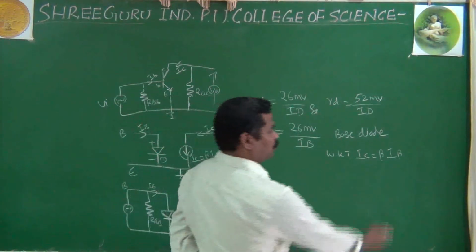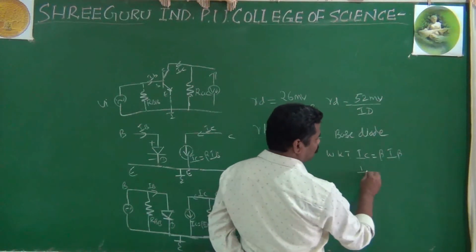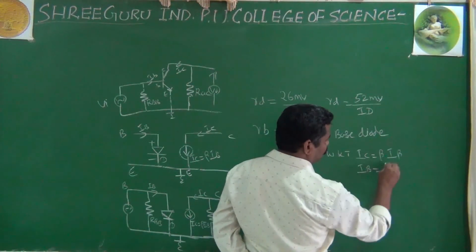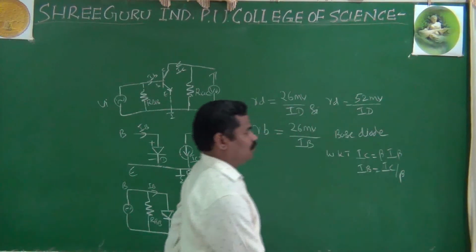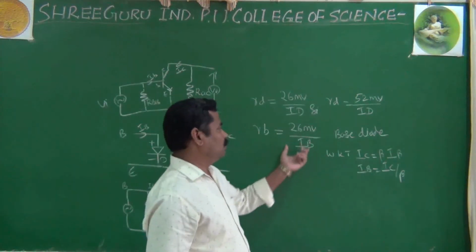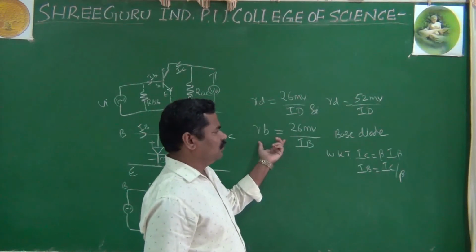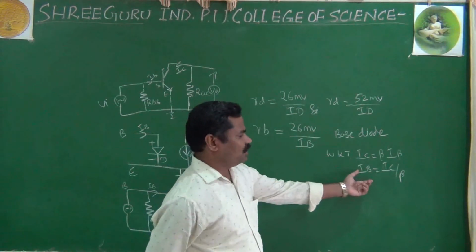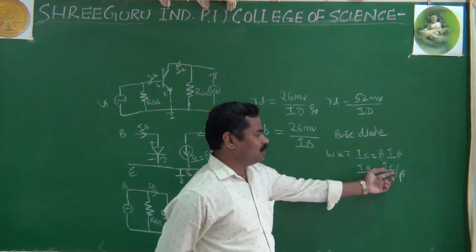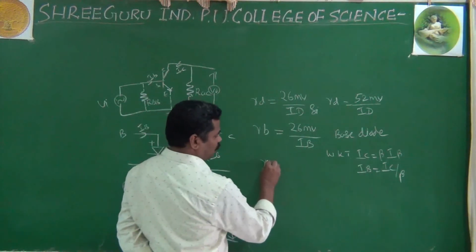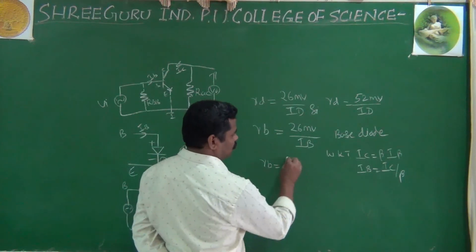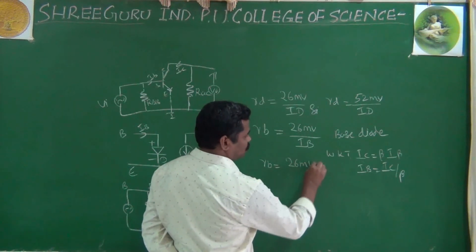Here we want IB, so you can write IB is equal to IC by beta. Substitute this IB value, IC by beta, in the equation for RB. That becomes RB equal to 26 millivolts as it is,